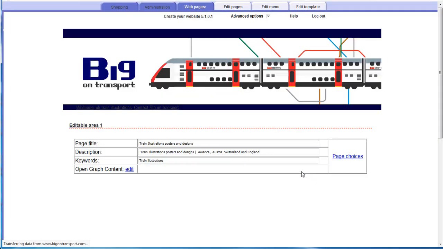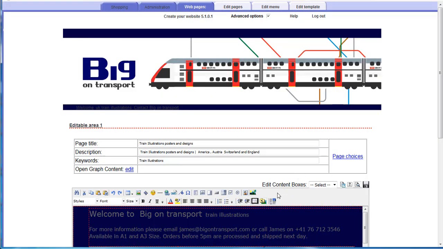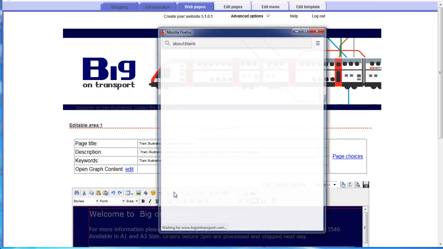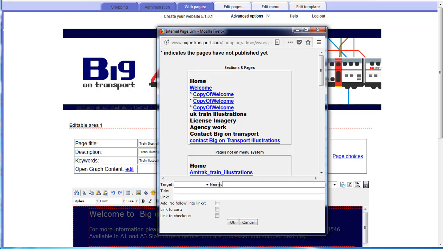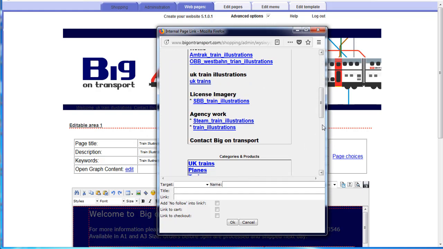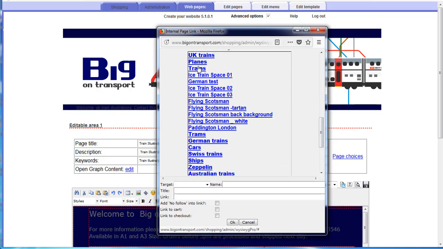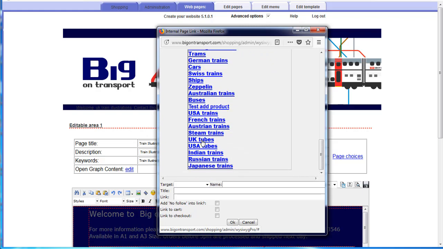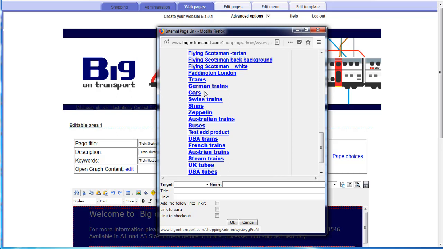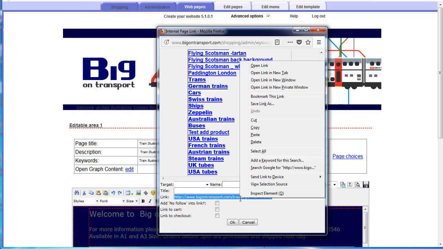To find the URL of this, you go to any page, and then you click on the internal link facility, and literally browse down in the section until you get to categories and products. And you'll see trains there, and there's German trains there. Now if we click on that, you can see there's the URL. So if you highlight that and copy,